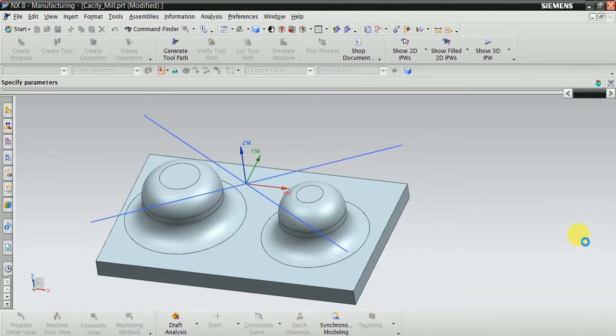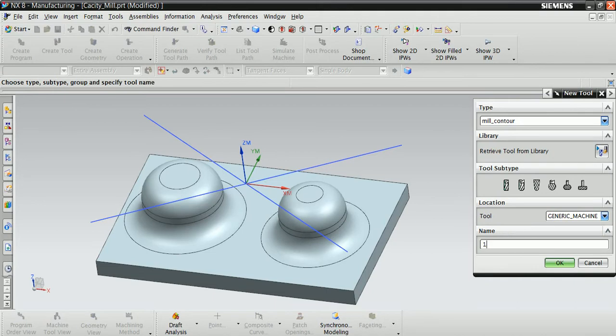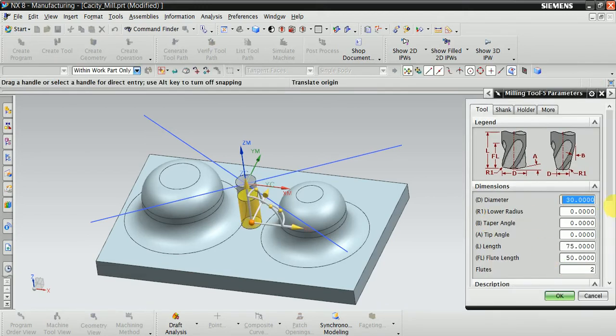Select this, create new, mm CR, OK. Now enter the tool diameter 12 mm, OK.